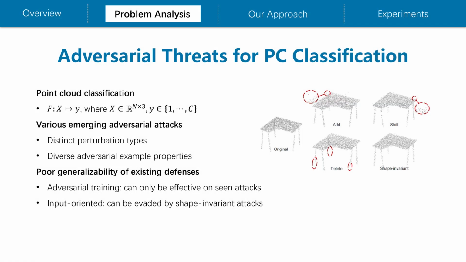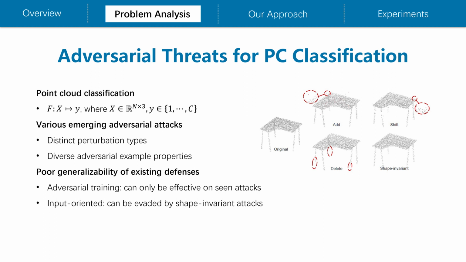Let's start with the key problem we are addressing. Point cloud classification is an essential task in many applications, such as autonomous driving. It categorizes a point cloud X to label Y. However, recent studies have shown that deep neural network models for PC classification are vulnerable to adversarial attacks. Attackers can slightly perturb the point cloud in ways that are imperceptible to humans, but can drastically mislead the model's